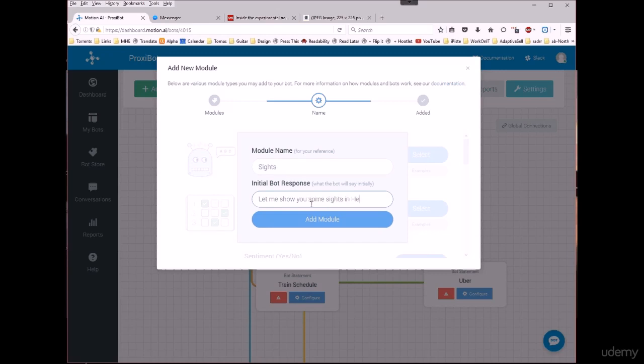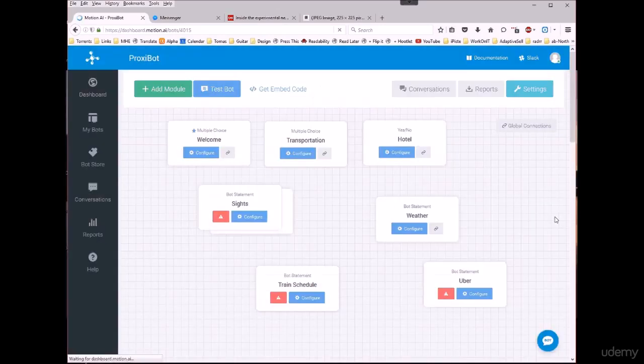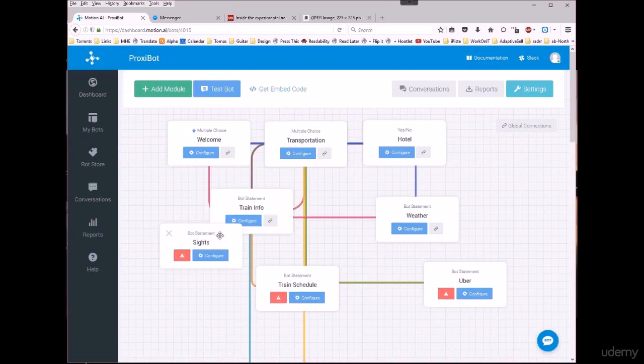I'm going to give the module name sites, and then the initial bot response is going to be, let me show you some sites in Helsinki. And then I'm going to click add module. And now here we have it. And so the first thing we want to do is actually connect it up to our welcome